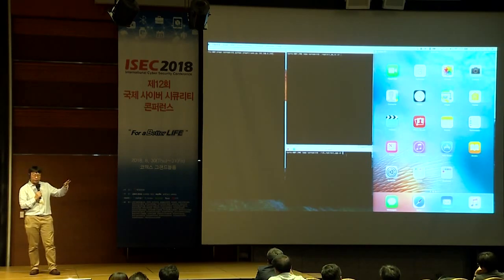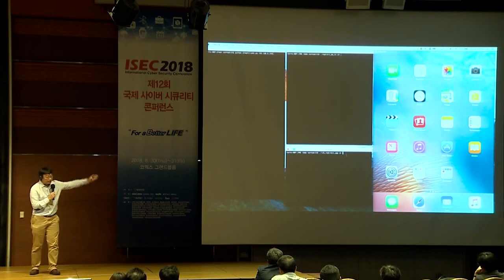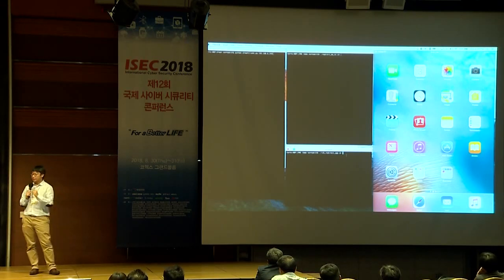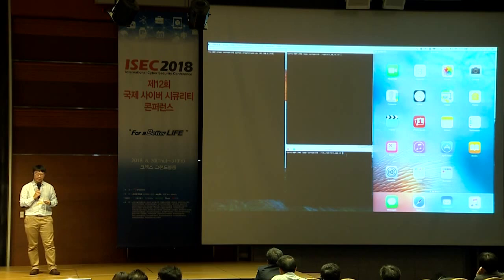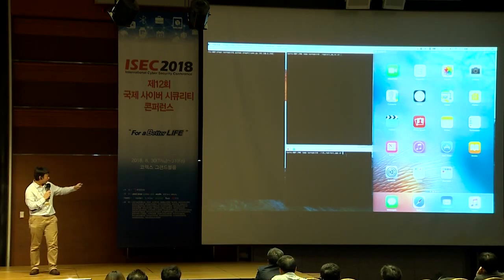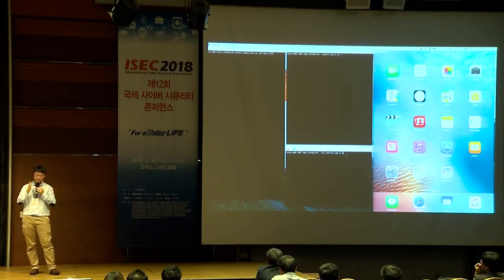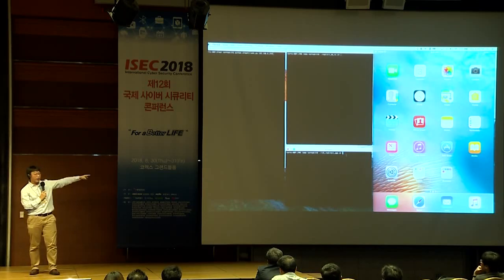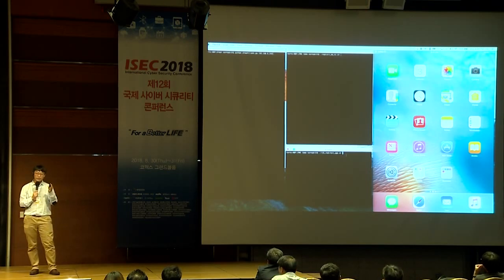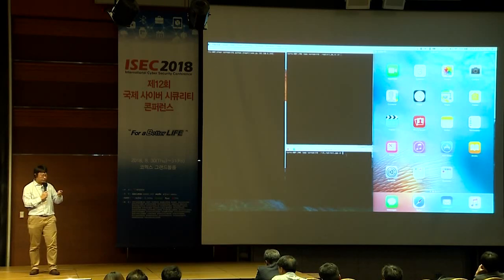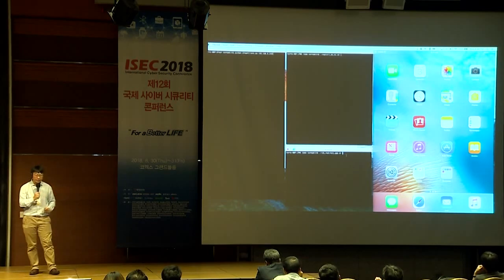Before I play the video, it's about 2 minutes. The iPad on the right hand side is connecting to a public Wi-Fi, accessing information. The hacker is on the same Wi-Fi. It intercepts the traffic on the Apple device. Then it hijacks the traffic and executes some malicious code so that it can ultimately control the device. So let's have a look.